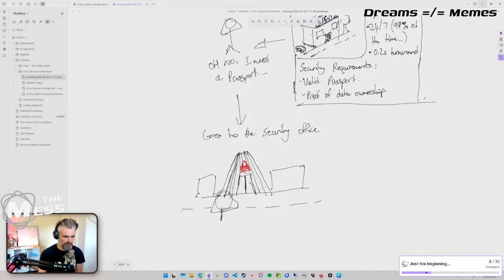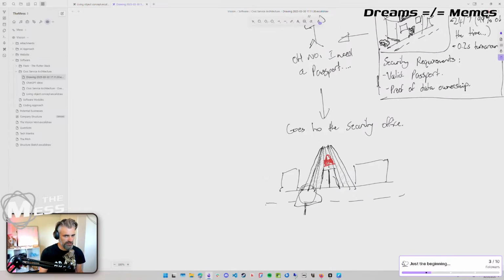And he goes in there to get his passport. Now what are we going to have to show this? We're going to have a desk of some sort, but we're going to have queues and queues for